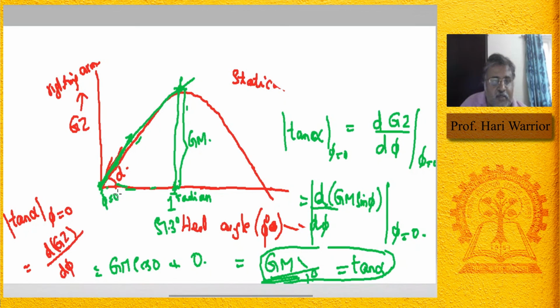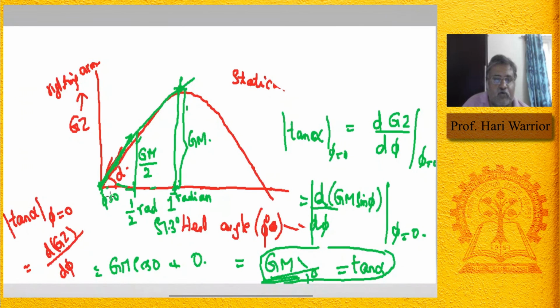You can take here half a radian. I'm just saying this is not done in practice. I'm just telling you so that you might understand this better. You can take this as half radian, and if I take here a distance as GM by 2, then also you will get the same thing. It is the same ratio. These are two similar triangles. If this is 1 radian, then this is a half radian. You can do it like this.